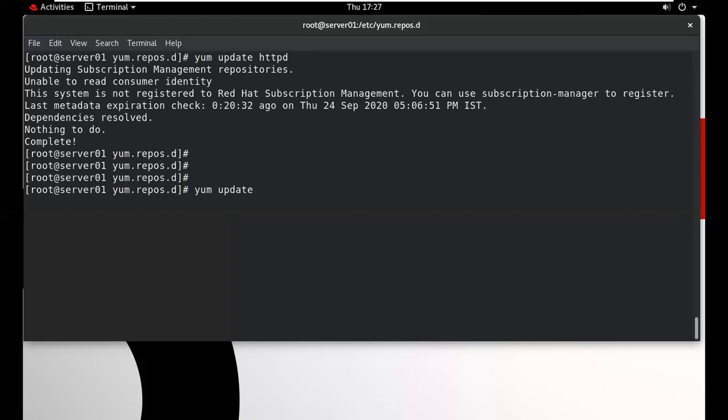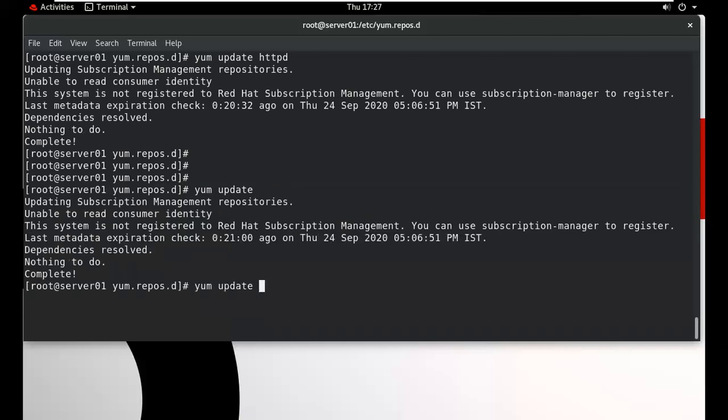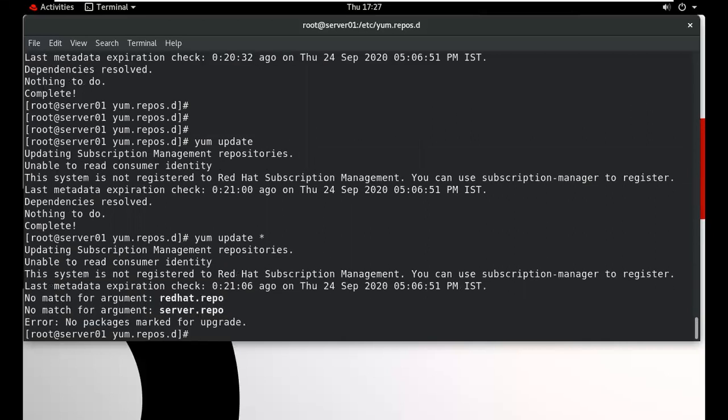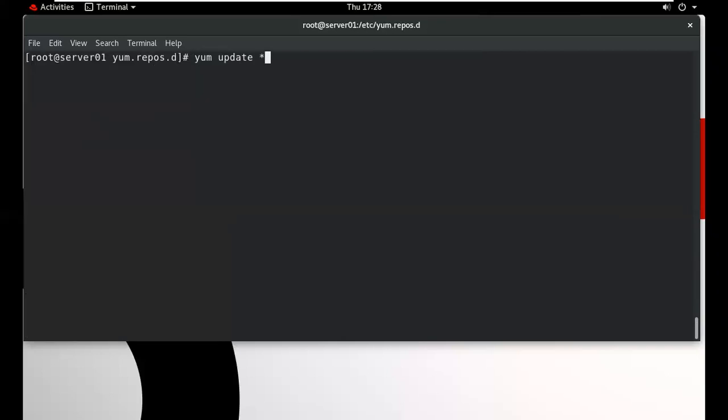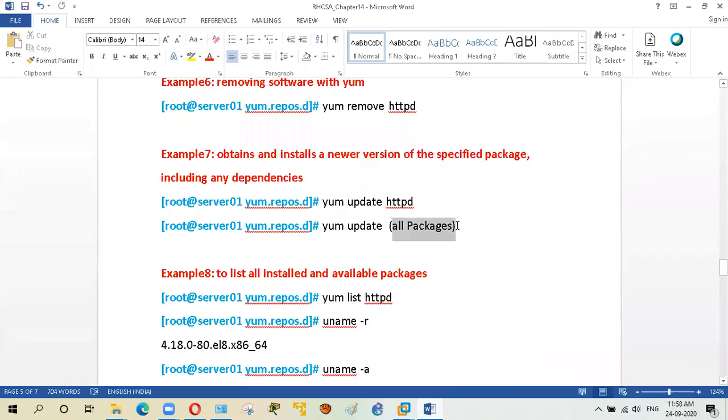And if you want to update all the packages, which command will you use? Only just update. It will update all the packages. You can type star also here. So it will update all your packages. But at this time we have no updated version of any package. So now you can use it for all the packages, and it's for the specified package. Type any package name, the package will be updated. But you should have the updated version in the location of the yum repository, then it will update.